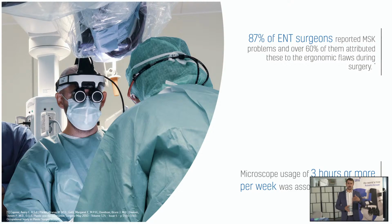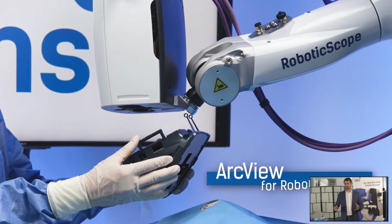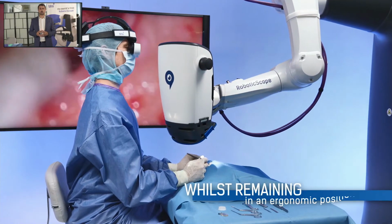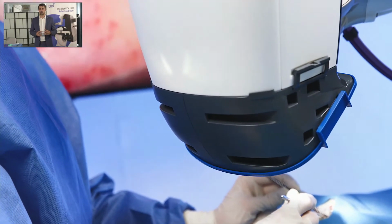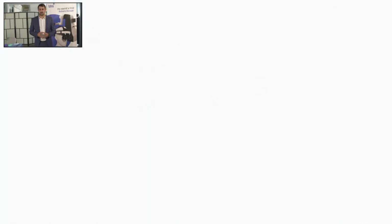Due to the fact that we are now more than 14 months on the market, we need to make sure that we are providing the feedback we get from many users, and that's why we want to show you now the ArcView, which is part of the whole journey we do with the RoboticScope. Sometimes you're reaching difficult positions, and therefore we want to provide innovation to ensure that especially mastoid surgery is performed better using the RoboticScope. We have seen many interesting applications with the RoboticScope, and we want to continue with all the feedback from the users, to make sure we implement this into the